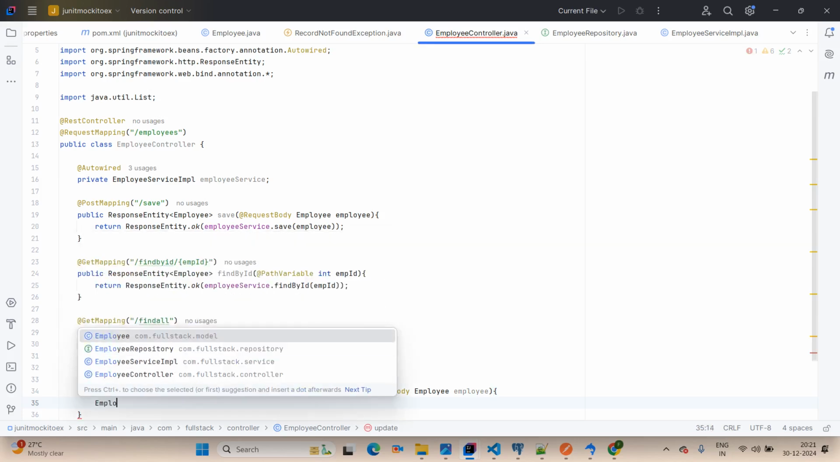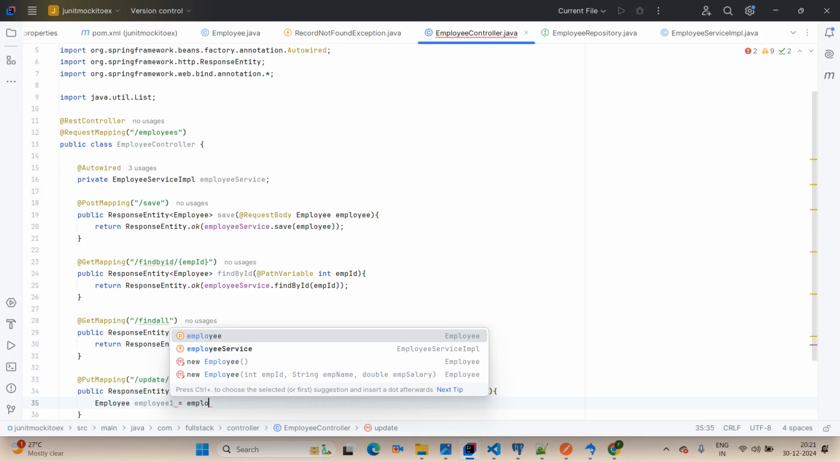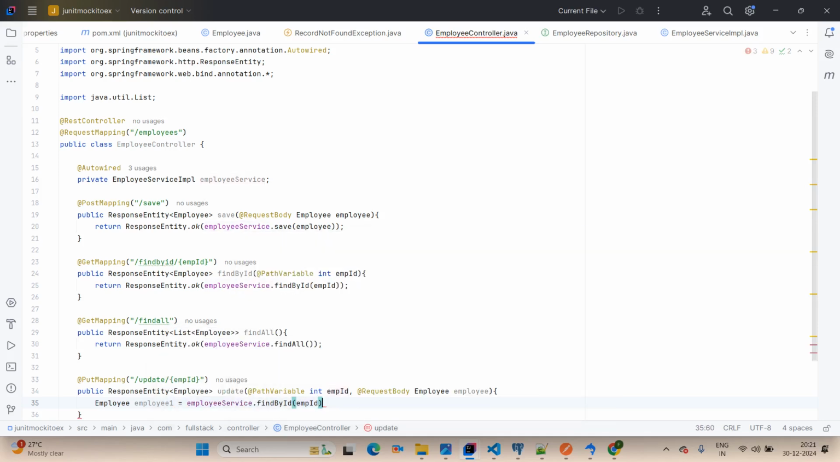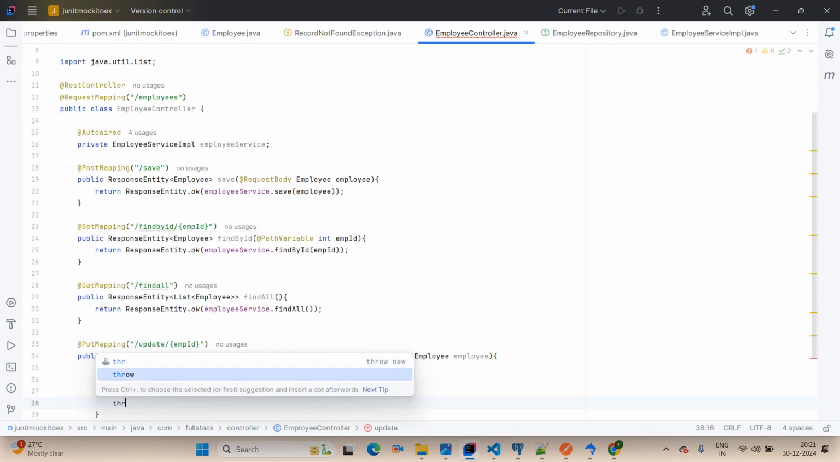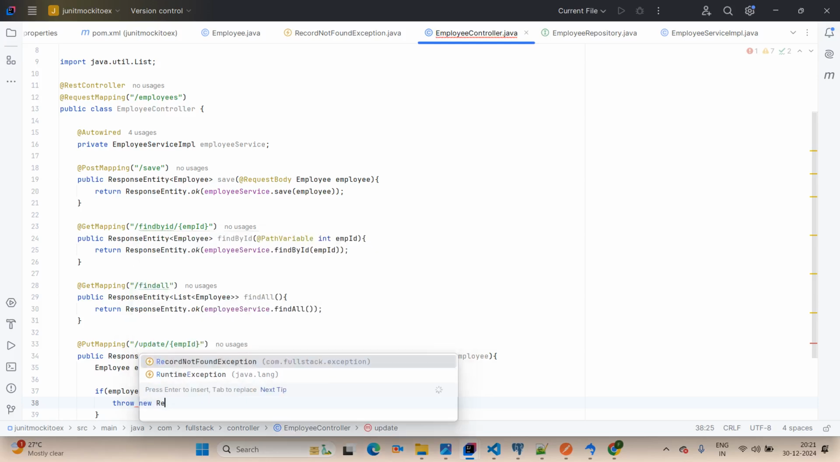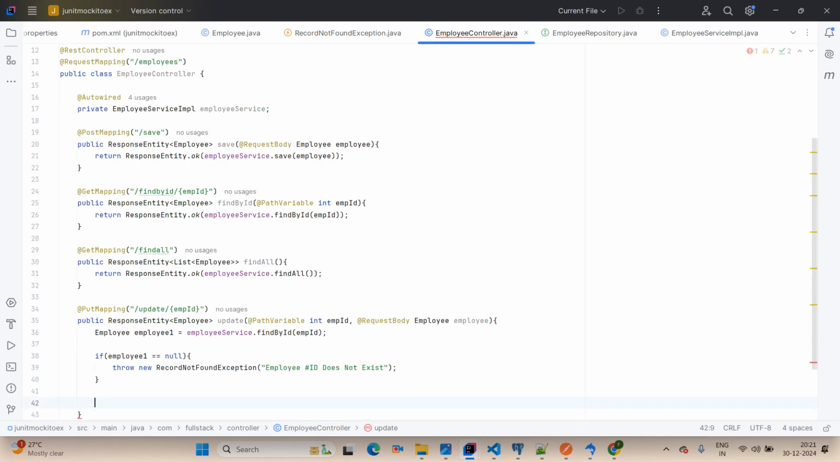Now we are just going to handle here exception. If ID does not exist, then we'll throw a RecordNotFoundException. That's why I'm calling here employee1 equal to employeeService.findById, ID as the input parameter we are giving. Now here I am handling the condition. If employee1 equal to null, then you can simply say throw new RecordNotFoundException. The message I am passing here, employee ID does not exist, and if ID is available there, then yes, definitely